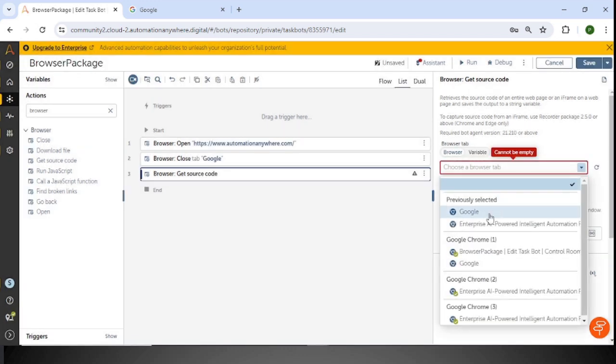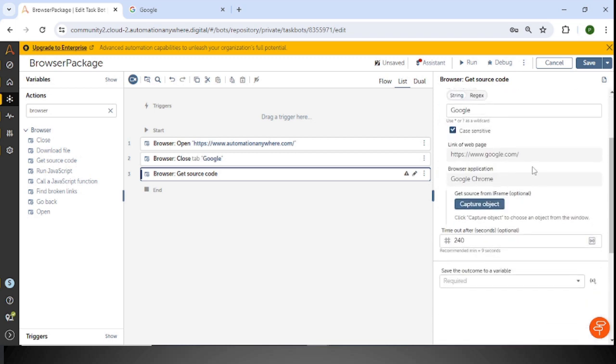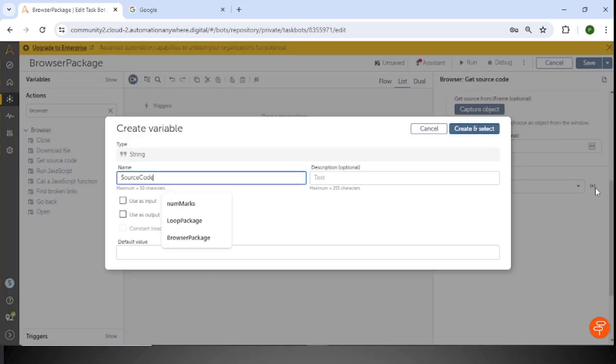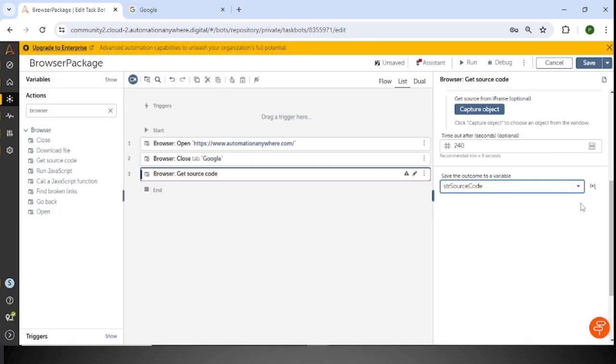Okay, so here you can see Google is already available. Here we need to save the outcome to a variable. Then we can create one variable and save the source code in that particular variable. So here we have source code. Then I'm just using str source code, and create. So I have just created it and I can simply